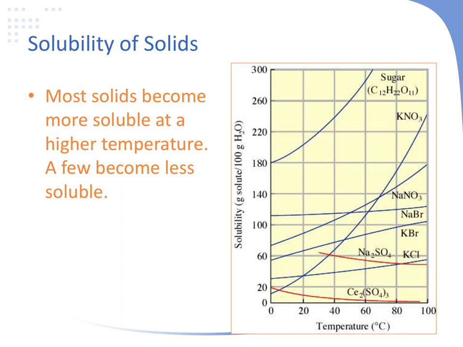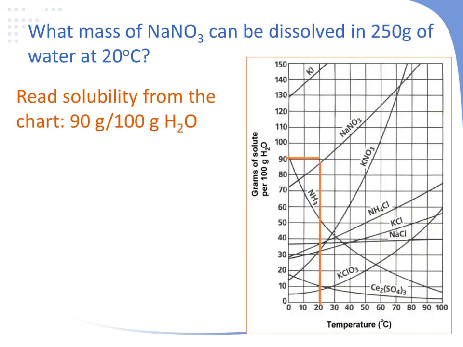Now, that's for solids. That's not true for gases, but it is true for solids. So here's an example of a calculation with this in terms of solids. It says, what mass of sodium nitrate can be dissolved in 250 grams of water at 20 degrees C? So what I'm going to do is read the solubility from the graph, but